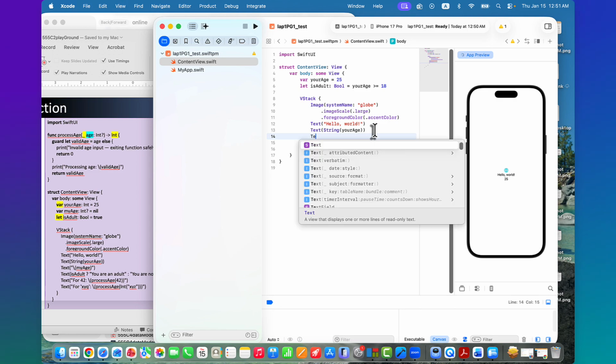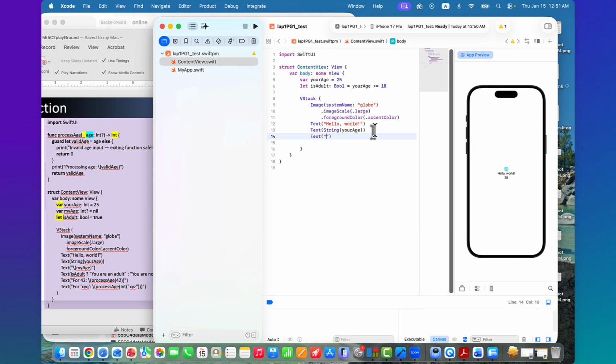Or we can do text, we can make that inside like a string, but inside the your age. If we say your age, simply your age, then literally your age comes here. But I want to make this a variable within this quote. If I want to do it, then I need to use an escape character, backslash, from there to here.